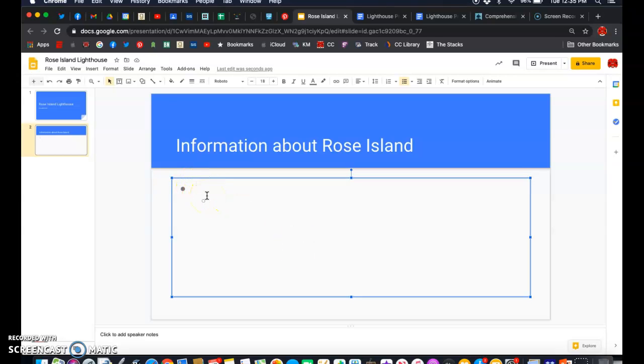And so I've got information about Rose Island. That's my lighthouse. Okay, mine opened January 20th of 1870. And I want to put in some, so a lot of times if you have information, if you hit enter, a bullet's going to come up, but I'm going to put something underneath here. And some information that I found was the first keeper